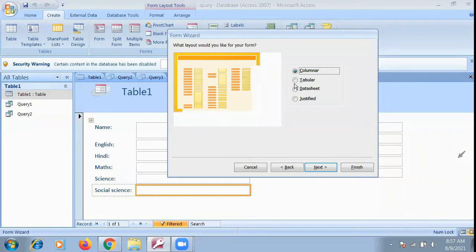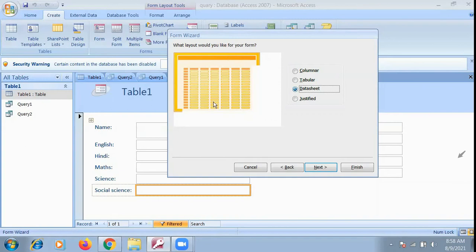Or datasheet is here. In the datasheet, the first row will be the field headings, and the column headings also will be the field headings, and the part in between will be the data values.